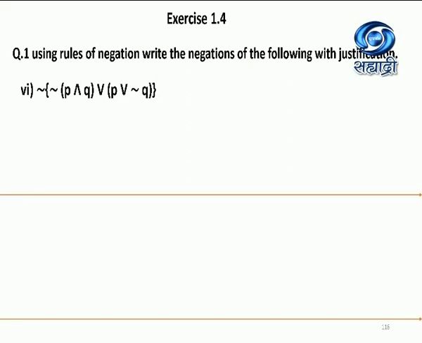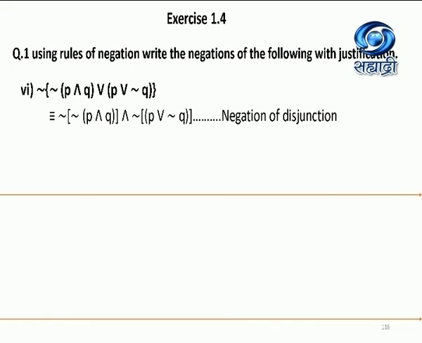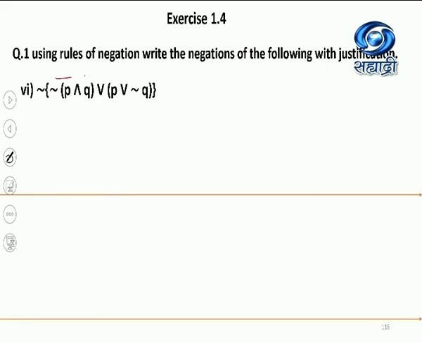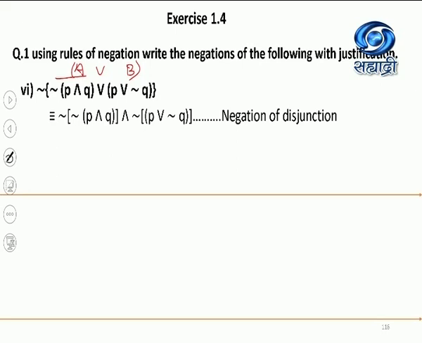In the last session, we had finished the previous examples, and we have to write the negation of the curly bracket, inside which we have negation of round bracket P and Q, or round bracket P or negation Q. So I apply now the rule of negation of disjunction, because when you apply the rule for the compound statement, please note, consider this entirely as the statement A, or the second bracket as statement P. So it will be negation of the round bracket, negation of P and Q, and negation of P or negation Q, where I am using the negation of disjunction rule.